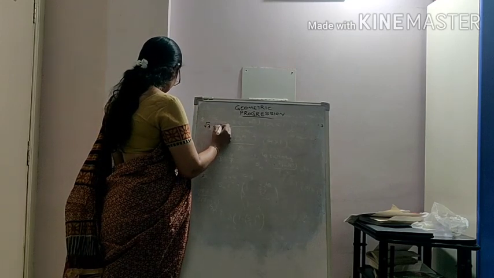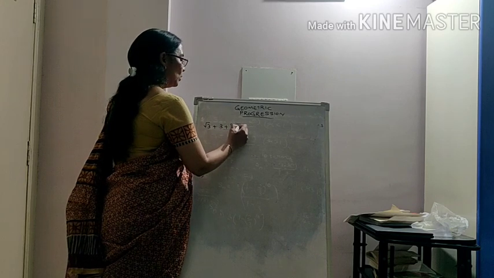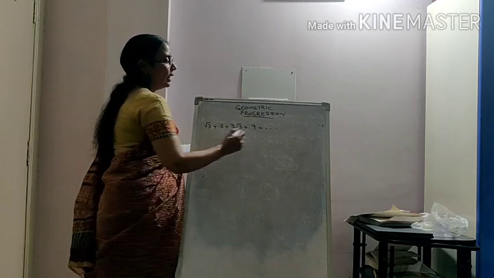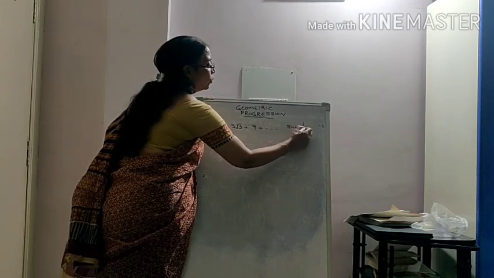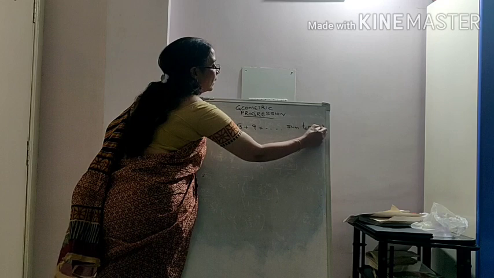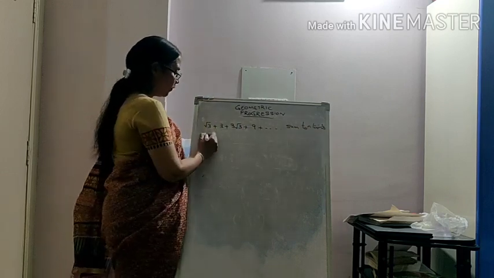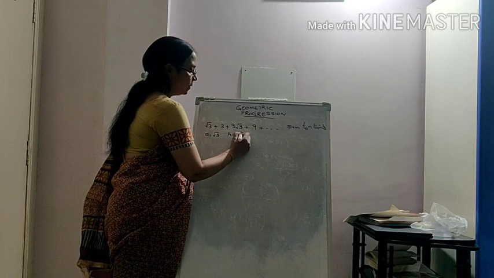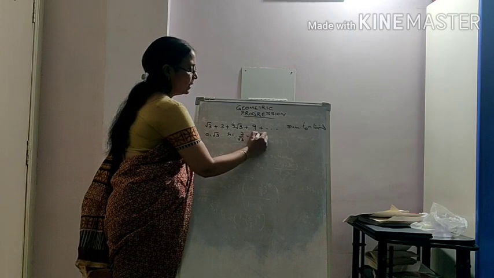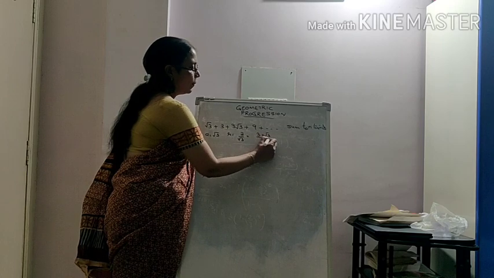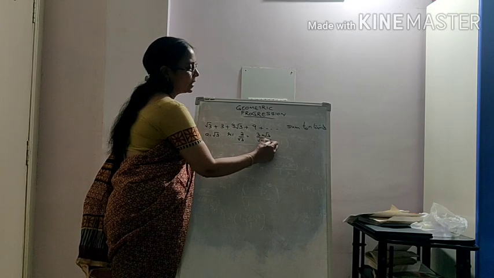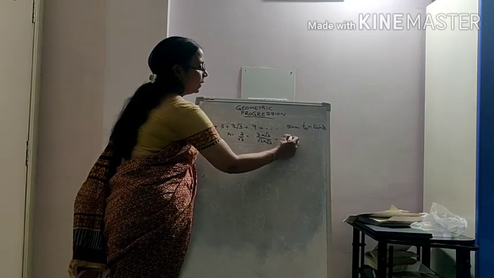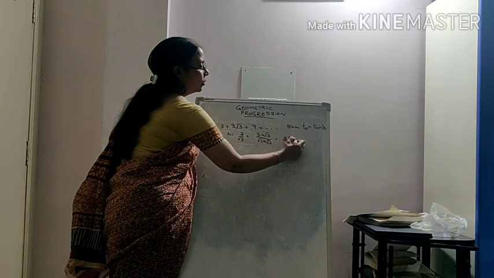root 3 plus 3 plus 3 root 3 plus 9 and so on. We have to find out the sum to n terms. Now first of all, a is root 3, r is 3 upon root 3 which is 3 into root 3 upon root 3 into 3, because an irrational number should not be there in the denominator. This will become 3 root 3 upon 3, root 3